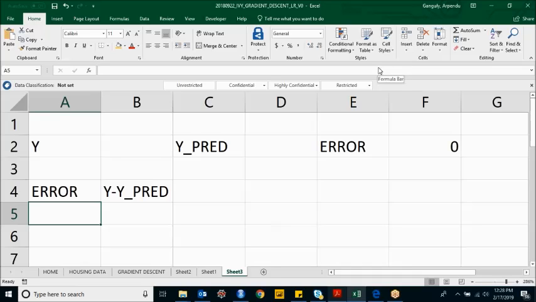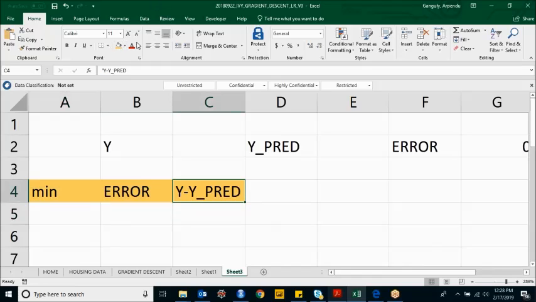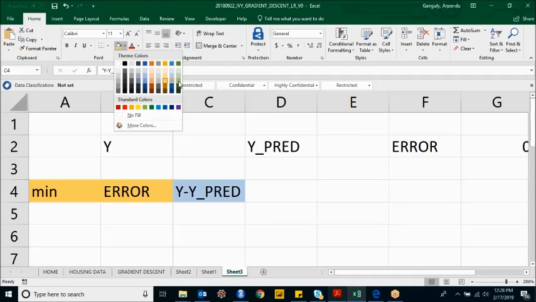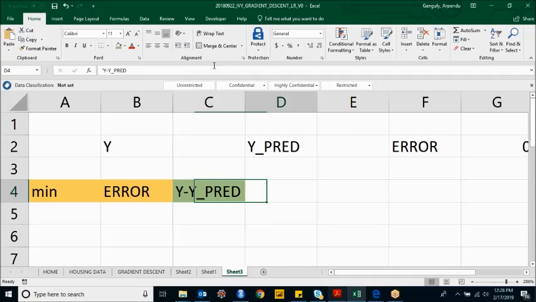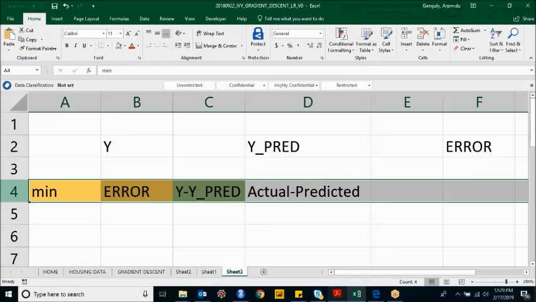Now, in gradient descent, as I said, it's an optimization problem. So I need to maximize or minimize something. What I will minimize is my error. And what is my error? Error is my y minus y predicted, or you can write it as actual minus predicted. Make sense? So gradient descent works in a way that your error has to be minimized, which is also the